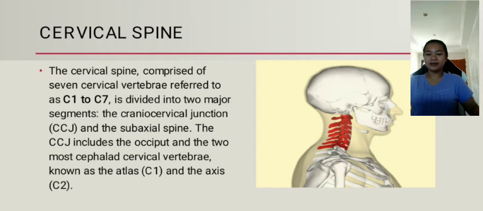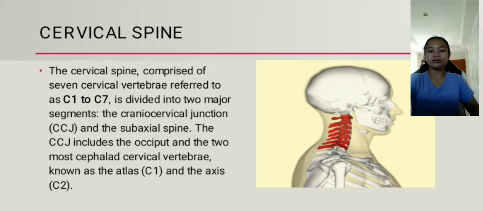Cervical spine. The cervical spine, comprised of 7 cervical vertebrae referred to as C1 to C7, is divided into two major segments: the craniocervical junction, or CCJ, and the subaxial spine. The CCJ includes the occiput and the two most cephalad cervical vertebrae, known as the atlas, C1, and the axis,